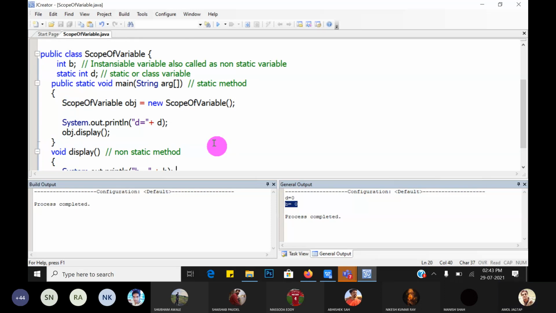Yes, sir. Great. So actually we can compare C language, C++ and Java, because we are familiar with C and C++. Then we can understand. If we want, like this, int B is equal to 10. Is it possible in C++? Int B is equal to 10.